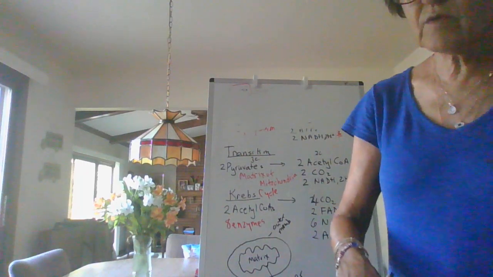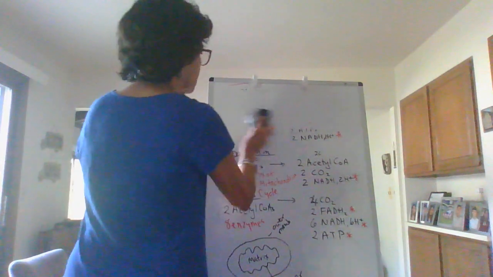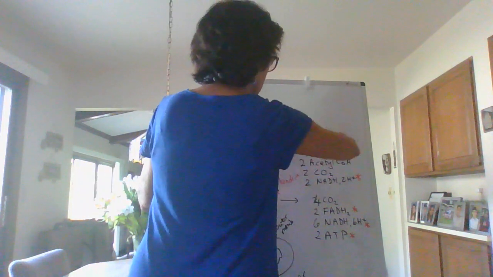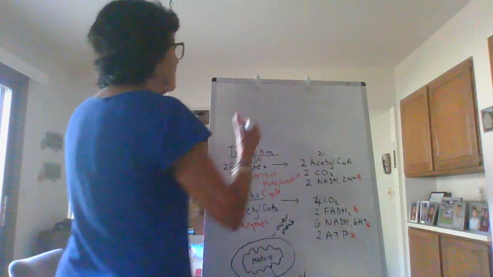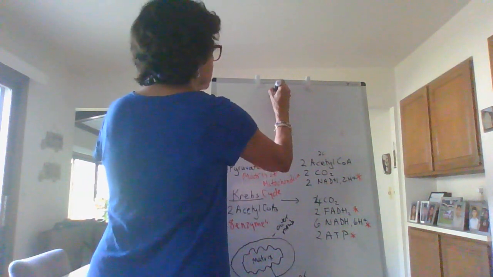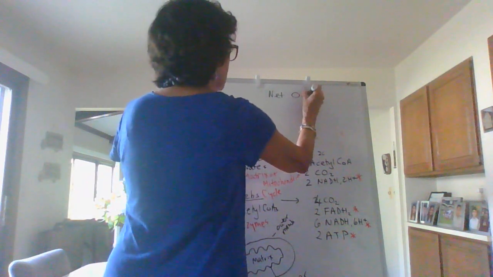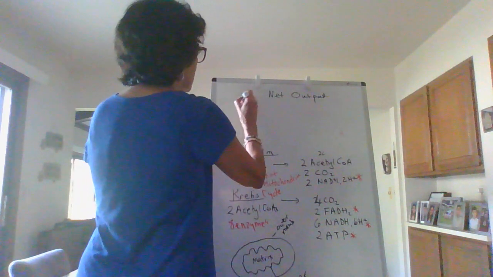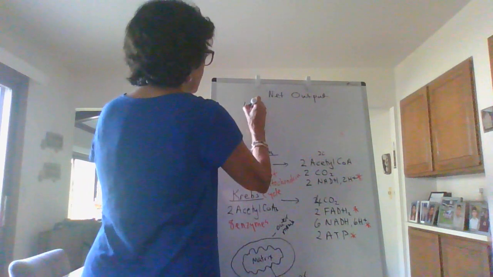I wish this eraser worked better, because it's definitely easier than the, oh, it's not so bad. All right. So now we have the net output. What do we have? We have a total of 4